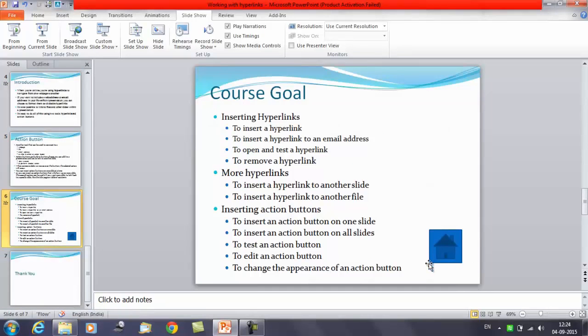You can create certain buttons and you can link to different slides also, and you can link them to perform some different actions. You can give sounds also, so that when you click here, it will perform a sound as well as an action. So this is how these buttons work.